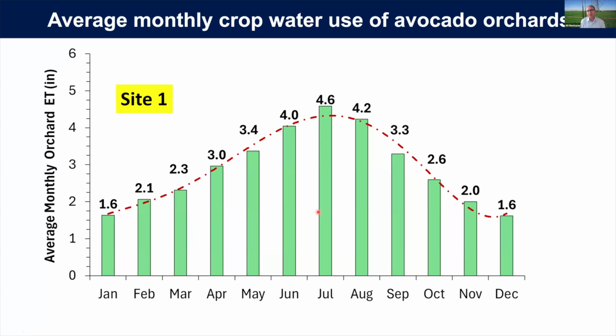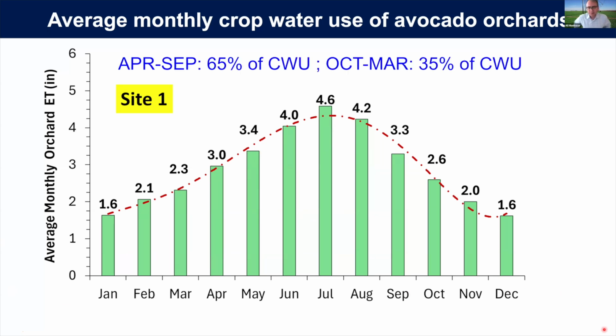So this is the average monthly crop values of avocado orchard at site 1. As we can see, it shows a very low value during January and December, about 1.6 inches monthly. And it increased every month to the maximum in July. It increased to 4.6 at this site. But this is the conclusion for Escondido. This is one site, Escondido and Temecula. It shows